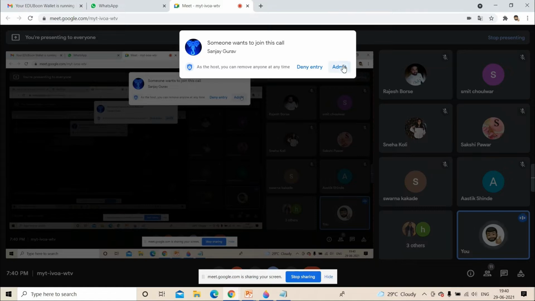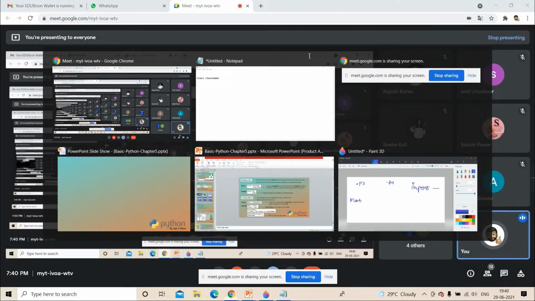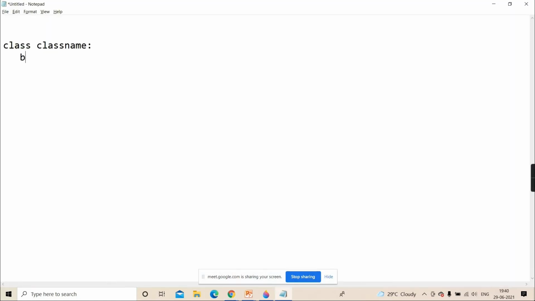So whatever code comes in indentation will be called the body of that class. In that class body, what all things can come? Data and methods, isn't it? Data can come plus methods can come, right? I hope it is clear to you.